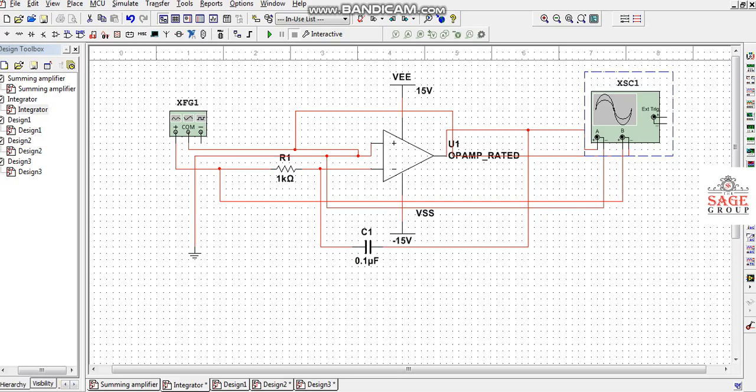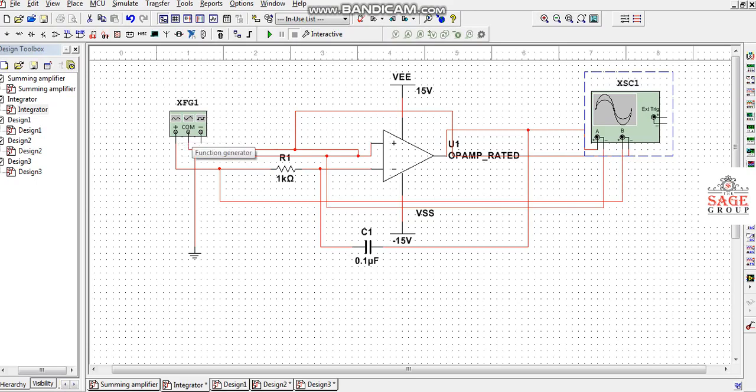In the feedback I have connected this capacitor having a value of 0.1 microfarad, and a resistor, one end of which is connected to the inverting terminal, and the other end is connected to the function generator.